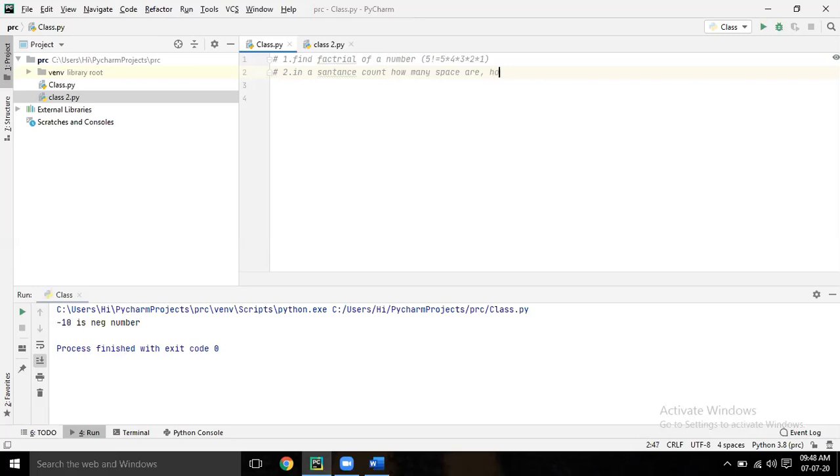Vowels means A, E, I, O, U. Okay. You understood these 2 questions? Now the third one.